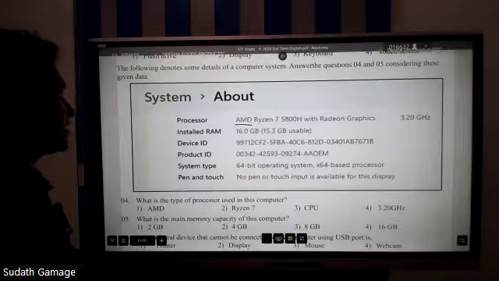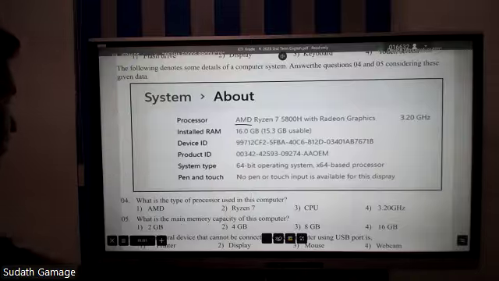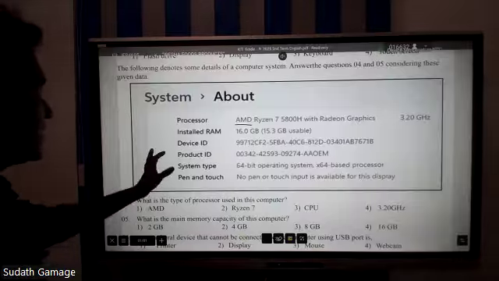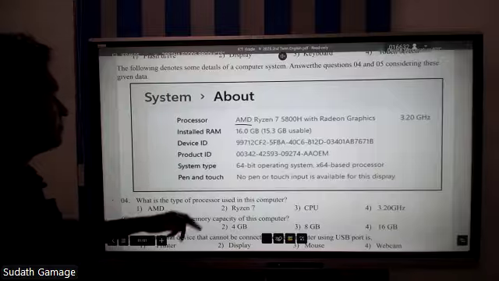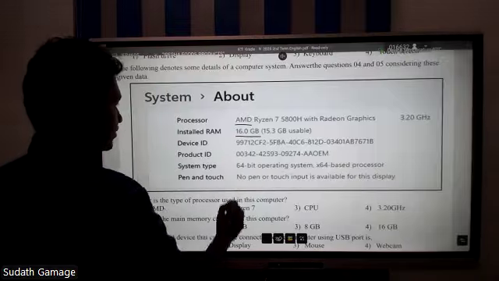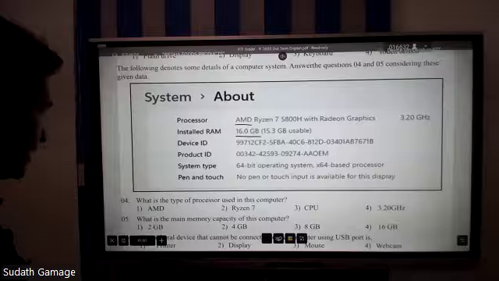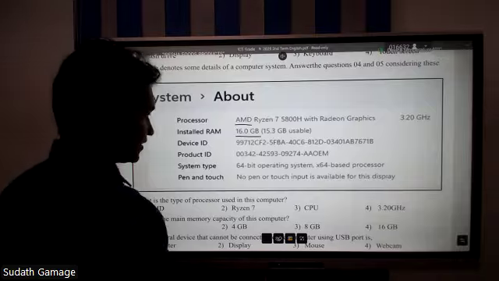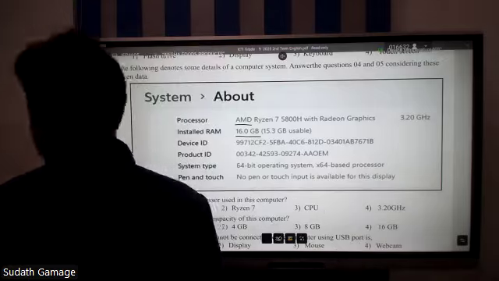This is the processor type, AMD. What is the main memory capacity of this computer? Memory capacity we can see from the RAM. This is 16 GB, right? Therefore, the fourth one answer is 1. The fifth one answer is 16,